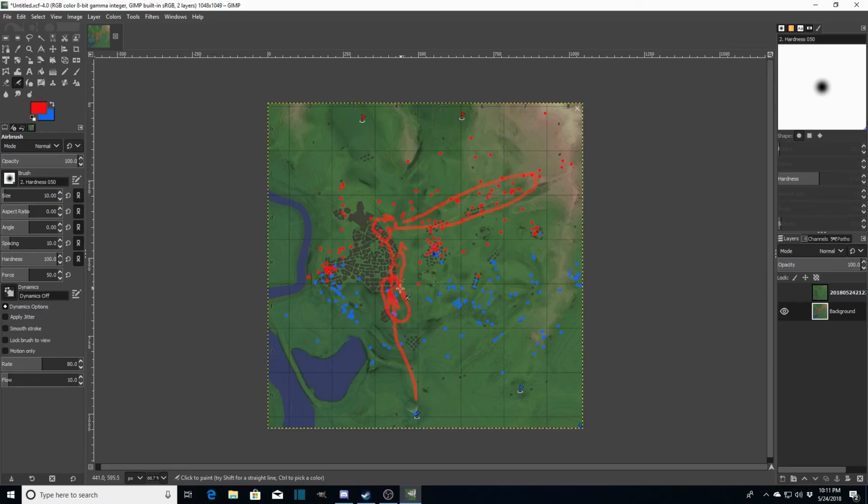I take this route on the outside edge, sometimes pull up to this little ridge right here, and you get the guys that like to camp inside these villages right here. Let's go ahead and get rid of all this, and I'll show you views from here and from here.